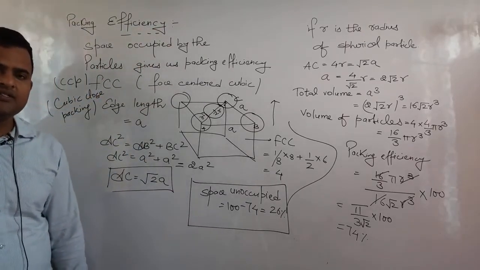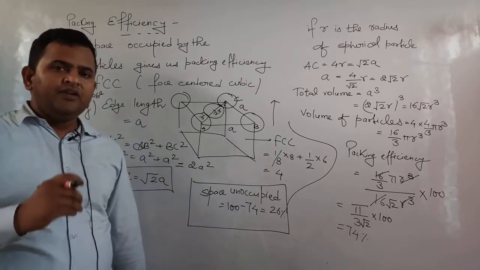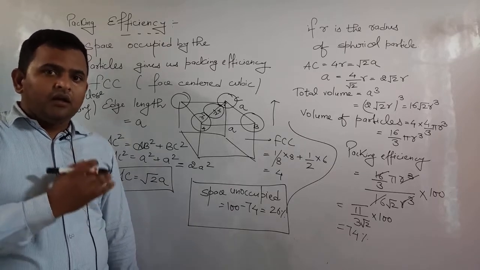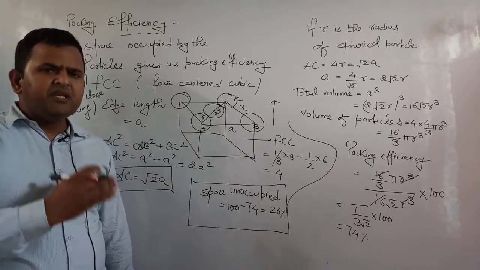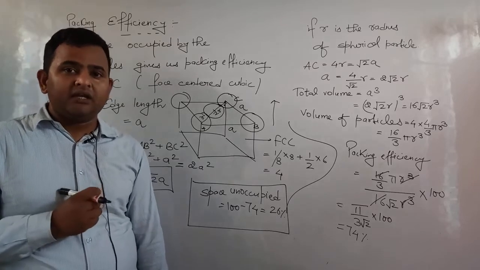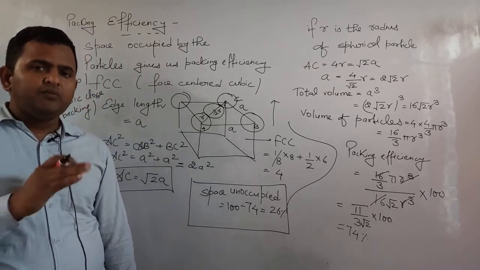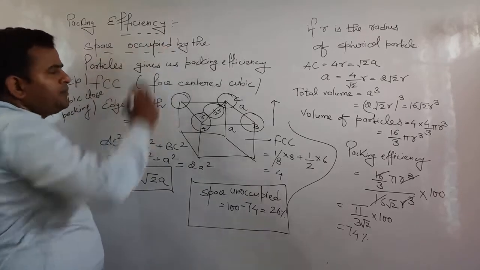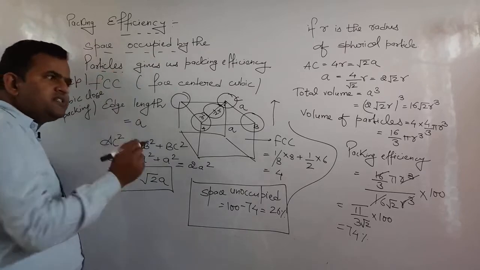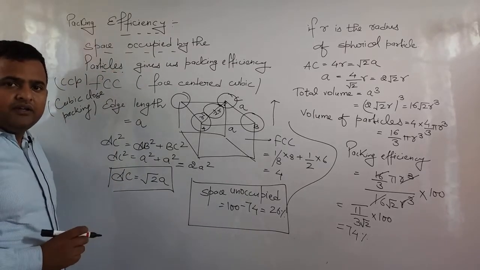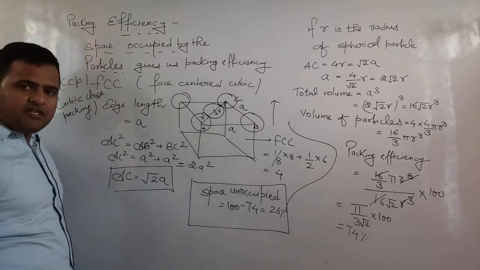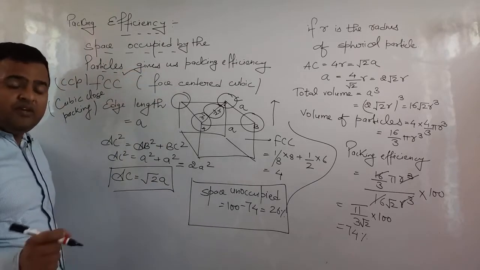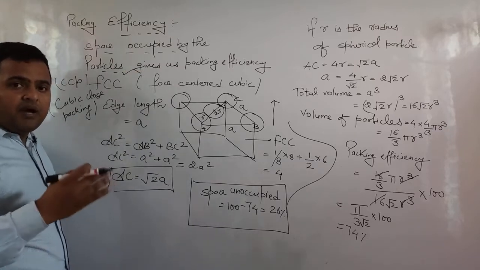As we have already discussed in solid state, when we are arranging the particles, which we assume as spherical, in a way that there is minimum space, this is known as close packing. Now when we are putting the particles in close packing, some of the space is occupied by the particles and some of the space still remains unoccupied. So this packing efficiency is basically the space occupied by the particles when we are arranging the particles in close